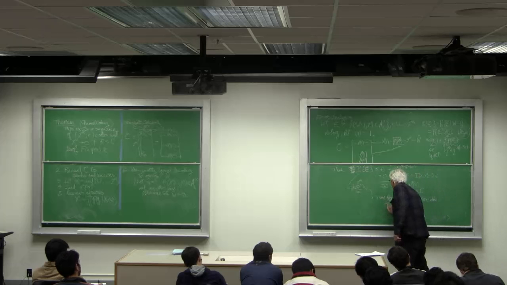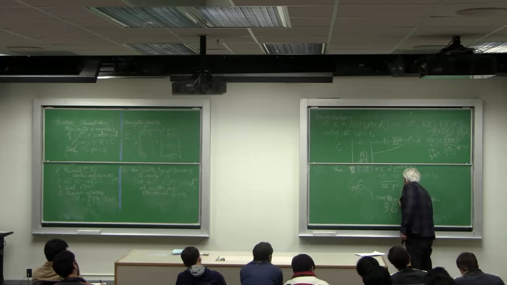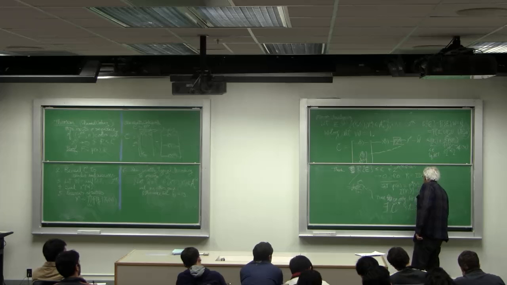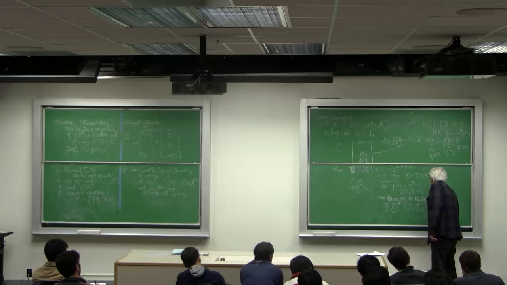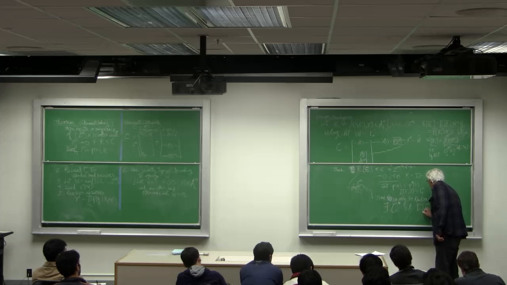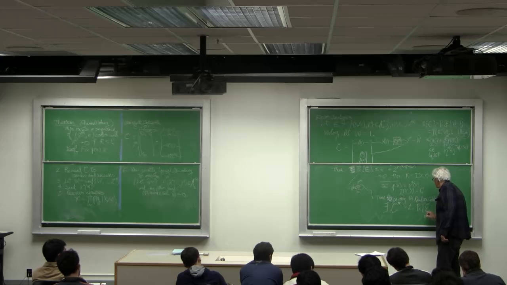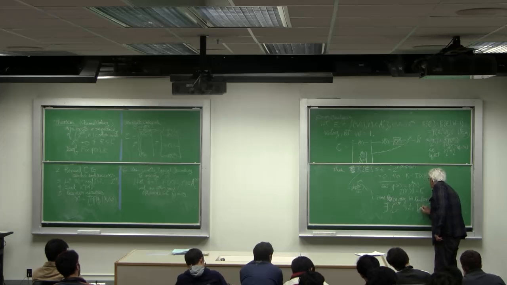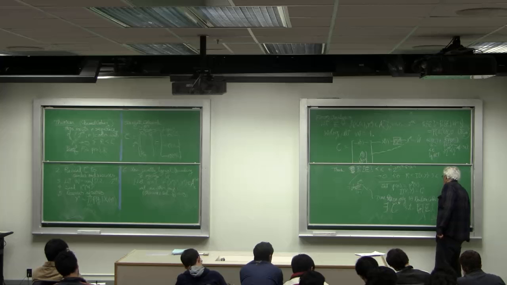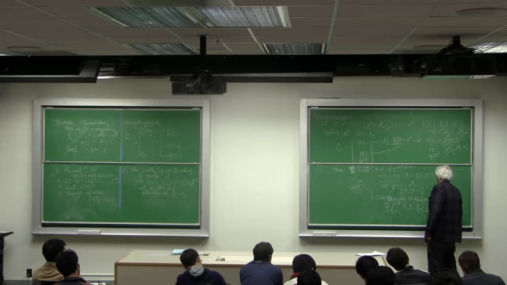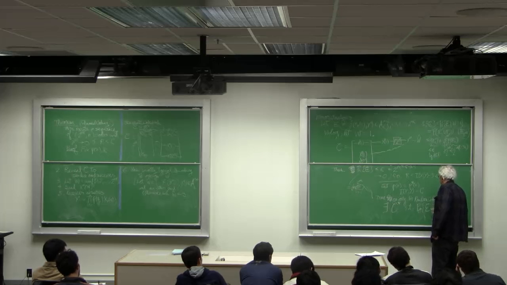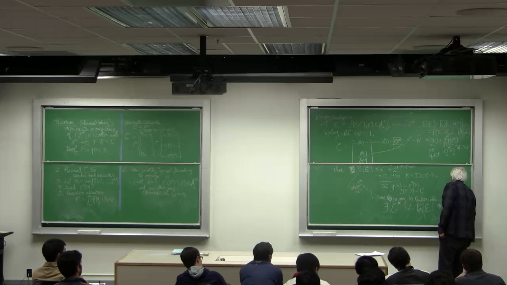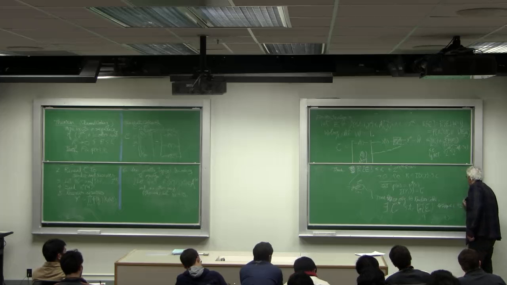So therefore there exists a code C star such that the probability of error given C star, all right, goes to 0. All right, less than epsilon plus 2 to the minus n